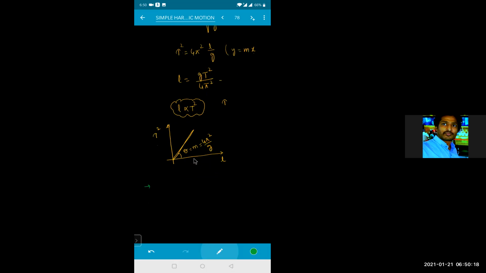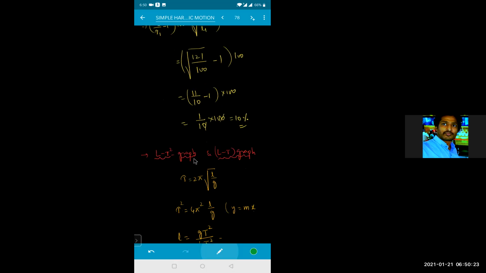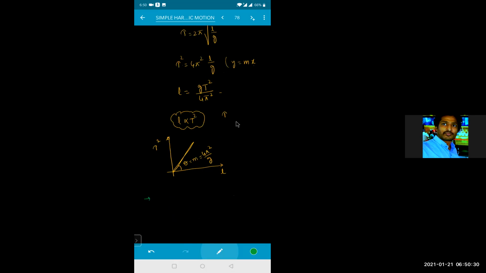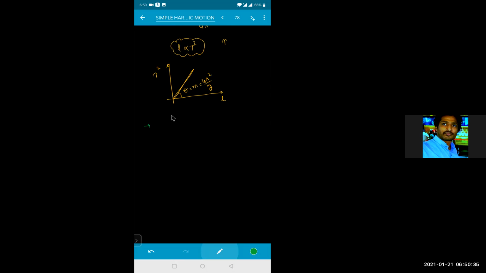So if I'm drawing the graph between your length and as well as of your time period, that will be equal to how much for me? L versus your T graph will be equal to, if I'm removing the proportionality constant right now, so that will be the relation I can write. Okay. So that means if I'm drawing the graph between your T versus your L, then it will be a parabola in the upward direction. Yes. Okay. So that will be the relation.